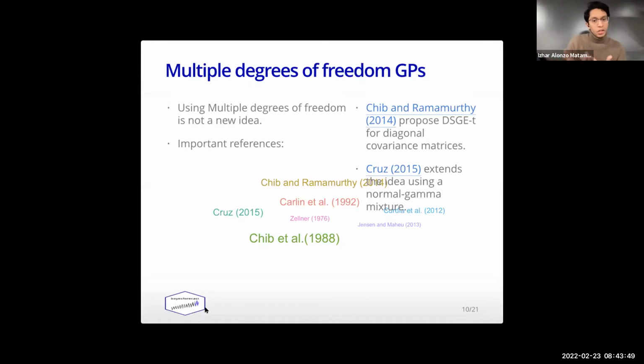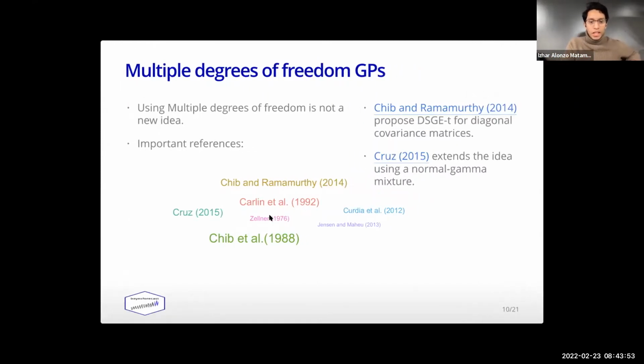It's actually a really old one, and we're just going to adapt it to this modeling. So, the first person to talk about multiple degrees of freedom in models was Zellner in 1976. He proposed to do the simple regression model using multiple degrees of freedom. Then this idea was generalized by Chib in 1988, Chib and Carlin in 1992, and Carlin in 2012 for different